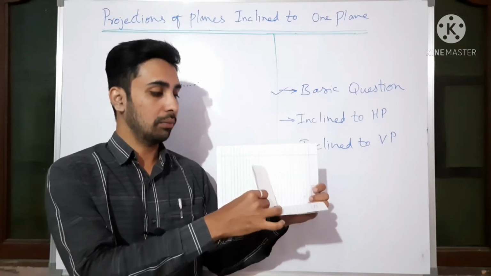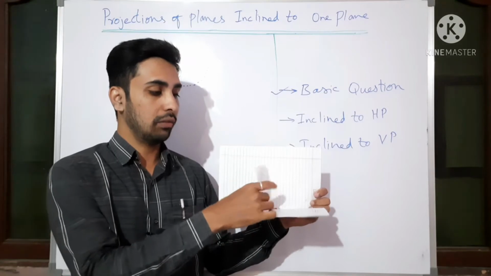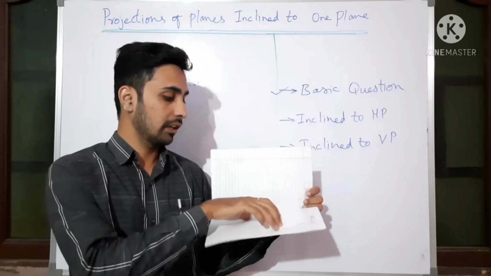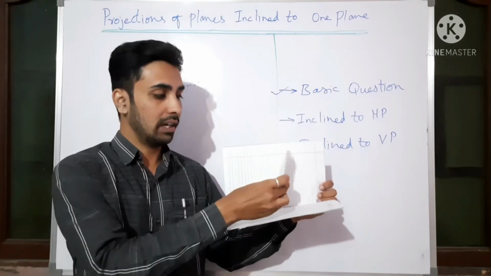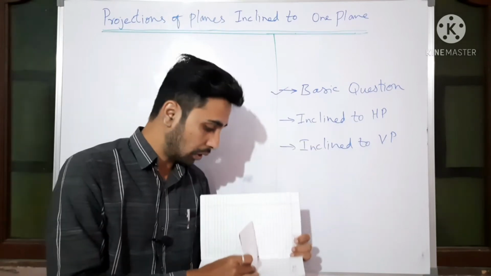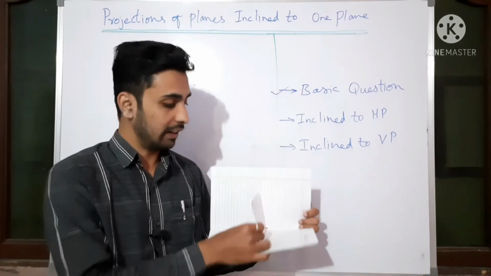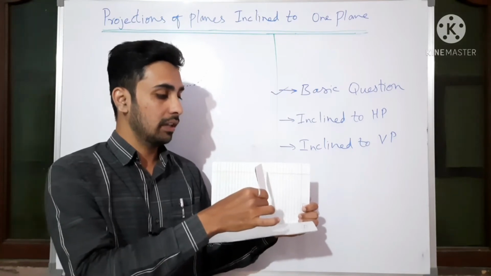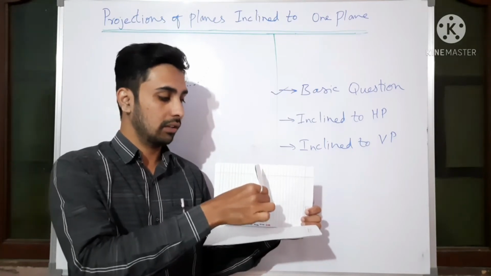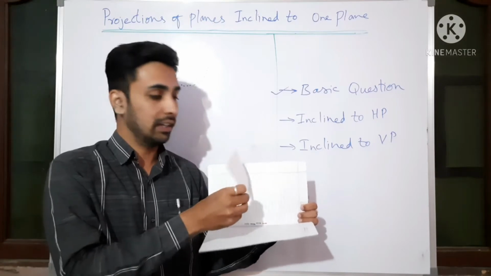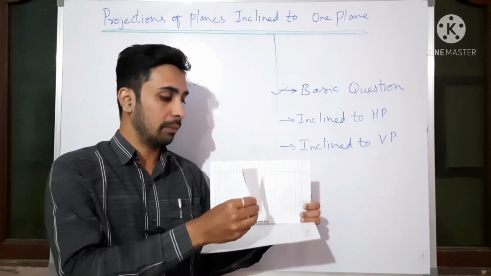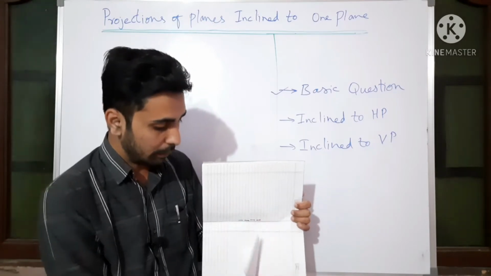So the front view, what you are able to see from there, will be one line. Looking from there, the front view will be one line here. Similarly, looking from the top, the top view will be one line if you rotate it. If it is above HP and in front of VP, the front view line will be that much above the XY line, and the top view will be that much below the XY line, according to how far it is in front of VP.